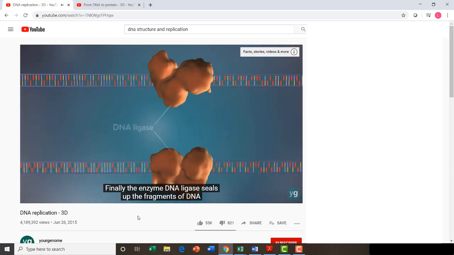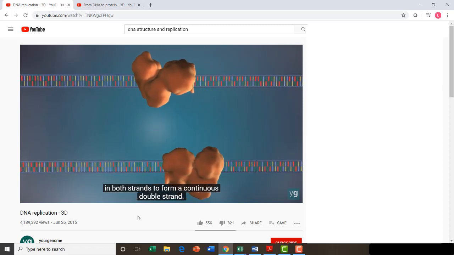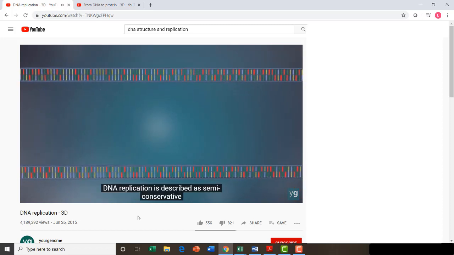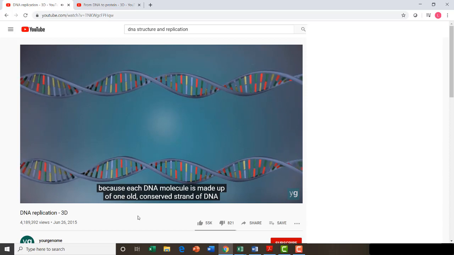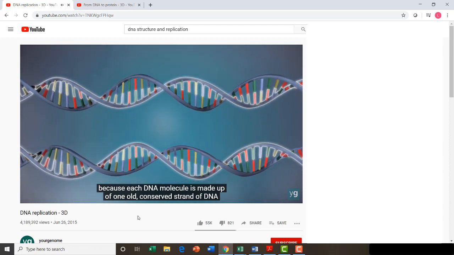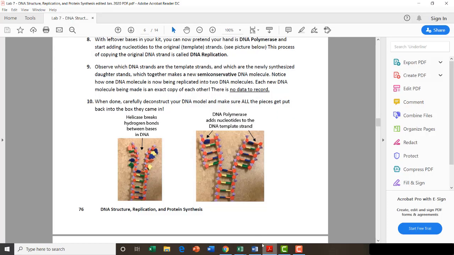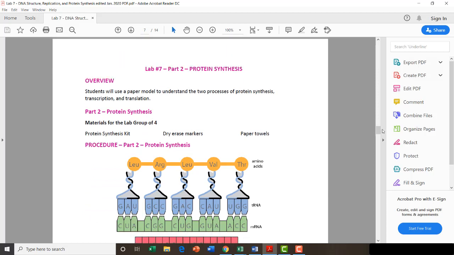Finally, the enzyme DNA ligase seals up the fragments of DNA in both strands to form a continuous double strand. DNA replication is described as semi-conservative because each DNA molecule is made up of one old, conserved strand of DNA and one new one. Okay, if we come back to your lab now, we can move on to part 2,